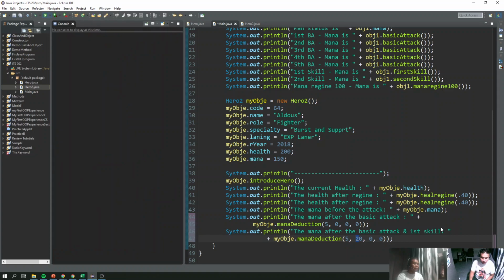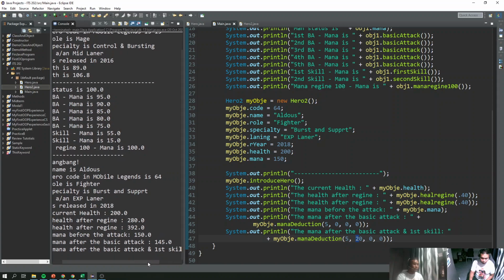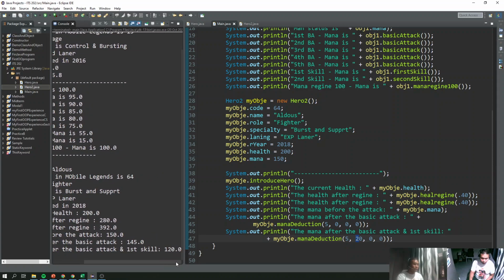So when you run it, the mana skill is 120. Sorry, 120 because it's deducted by 20 mana. So from 145 to 120 because we use the basic attack and the first skill. So if you want another attack,